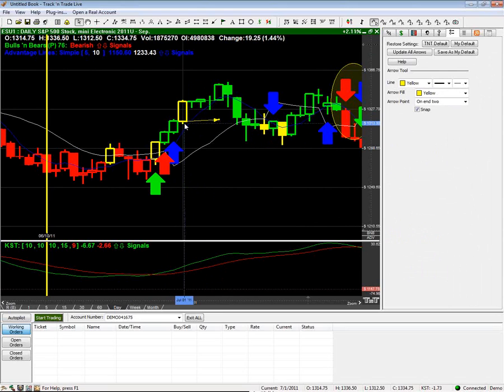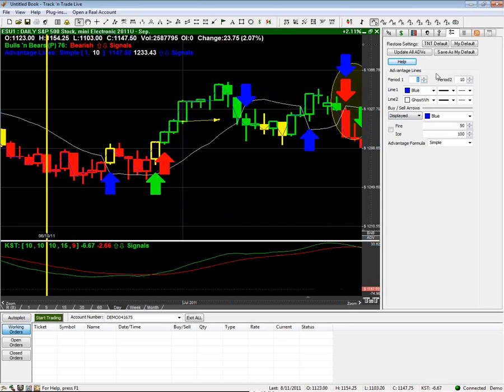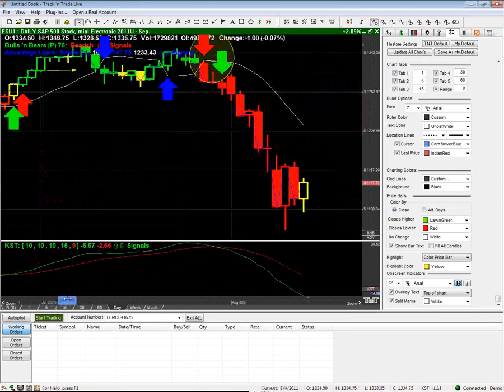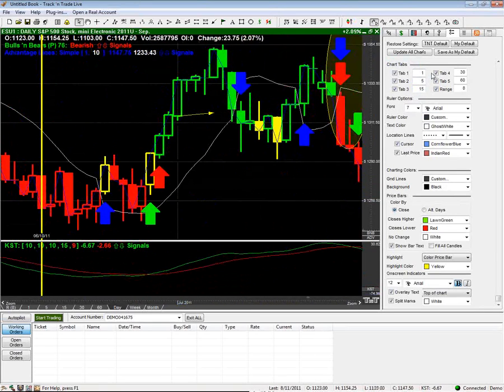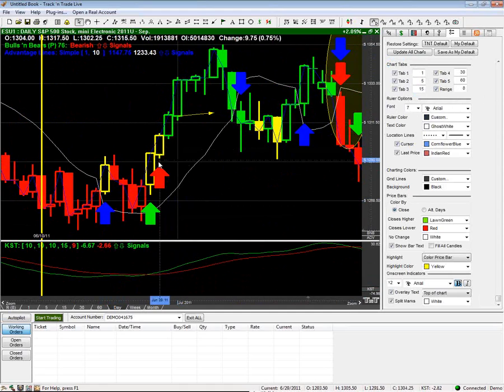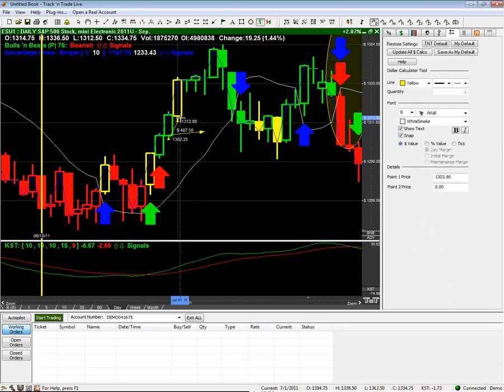So you'd be getting in at the open right here. Now, if I go through and tinker, adjust my advantage lines, and drop it down to something smaller, say 2 and 10 or 1 and 10, and center this back up. So we were back here. I set my advantage lines to 1 and 10, and now all of a sudden, instead of getting my advantage lines arrow right here, I'm getting it way back here. It's actually a nice early signal. We still wait for the confirmation, and instead of getting long at this open, we're going to be getting long at this open, which means we're going to have a better fill price of,